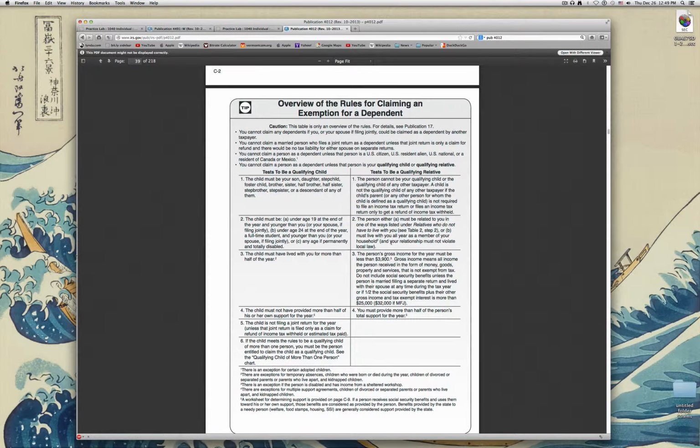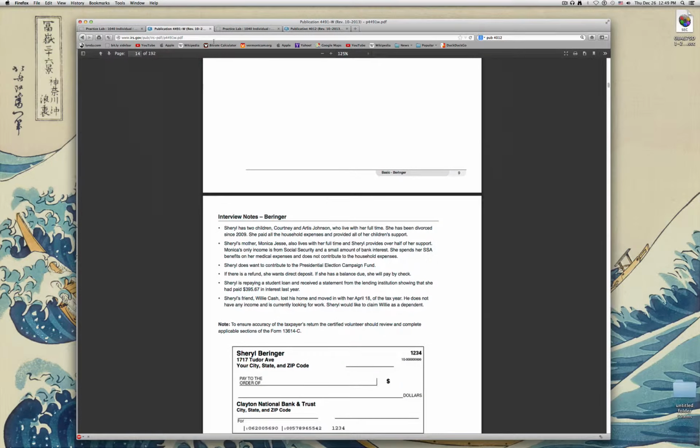Okay, so if Willie would have lived there all year as a member of her household, then he could have possibly qualified as a dependent if his income was under $39,000. And so in the description here, it says that Willie moved in April 18th. He doesn't have any income, so he would qualify for that portion, but he wasn't related in one of the ways, and he wasn't living with her the entire year, so that's what makes him